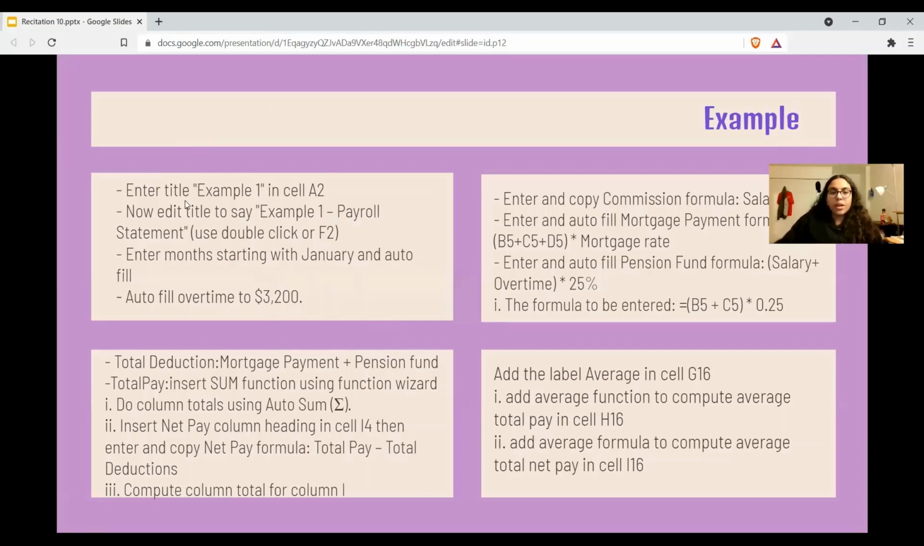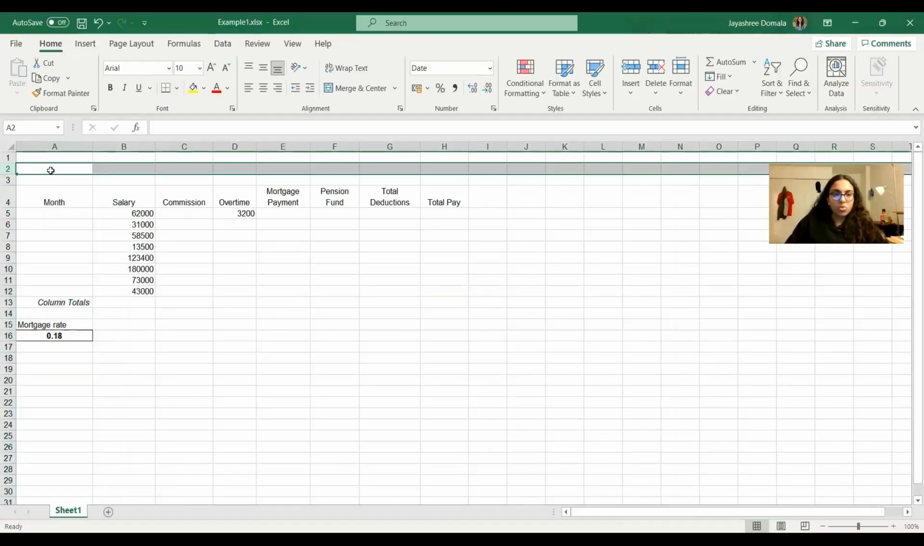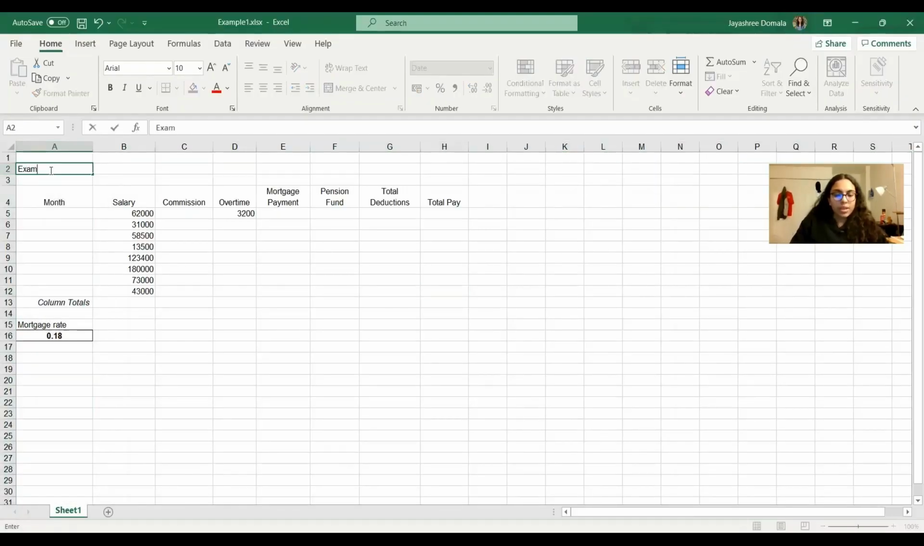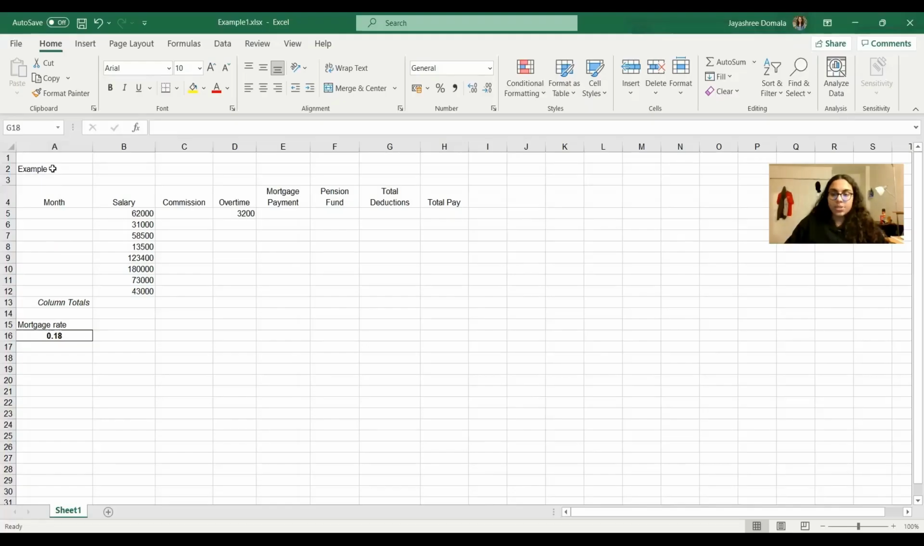So the first is you have to enter the title example 1 in cell A2. So we go to cell A2, which is column A, row 2, which will be this, and we can type example 1. Then the next thing asked to be done is edit the title to say example 1 payroll statement. So as we have seen before, to edit any cell, we can double click or we can press F2. So we can write example 1 payroll